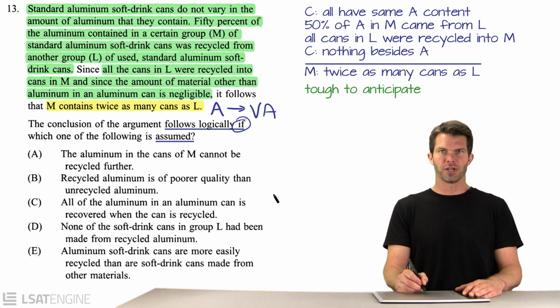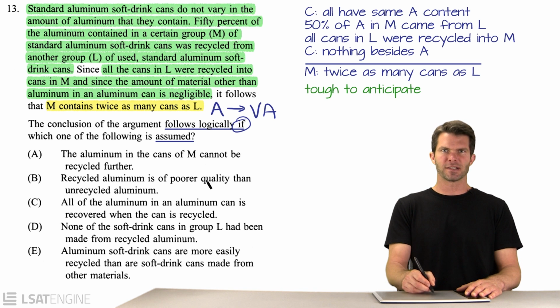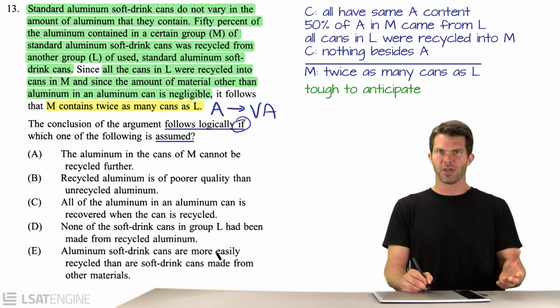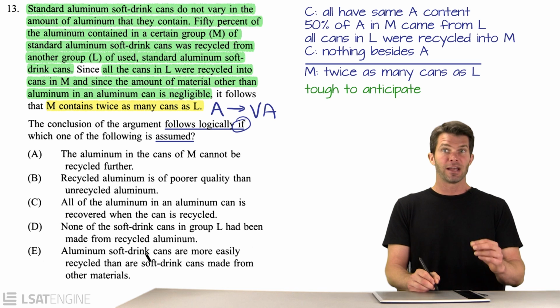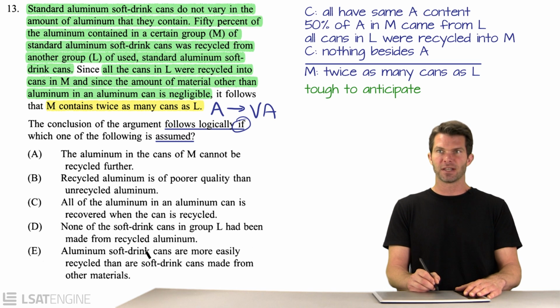So the filter question here, the one that you ask yourself when you're processing the answer choices, that's the most important thing. And I want the right answer to have two criteria. First, I want it to help the argument in a way that I couldn't foresee. It's got to add something useful, and it's also got to guarantee the conclusion. So after I read each answer choice, I'm going to ask myself, is that helpful, and does it guarantee the conclusion?